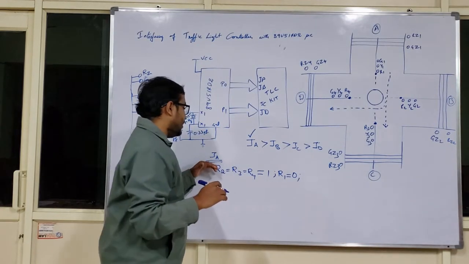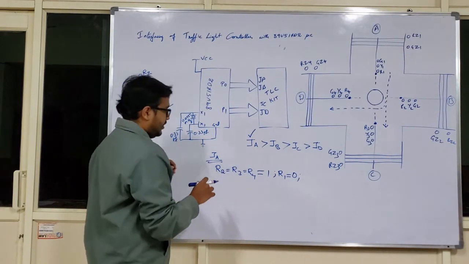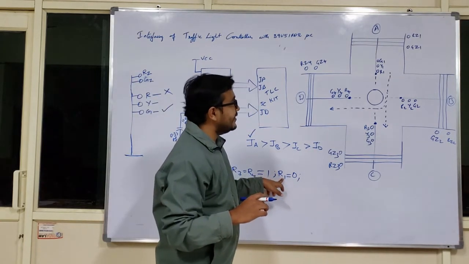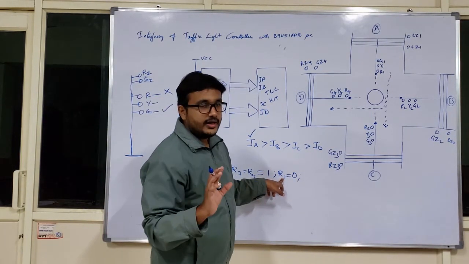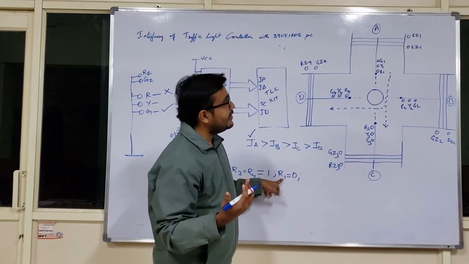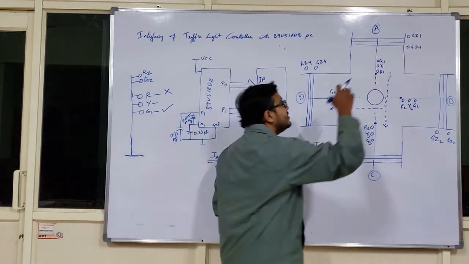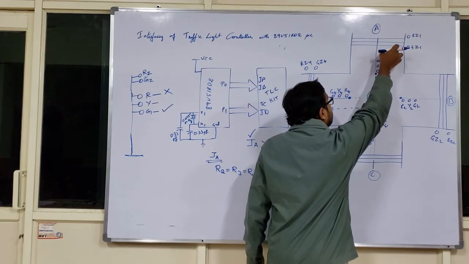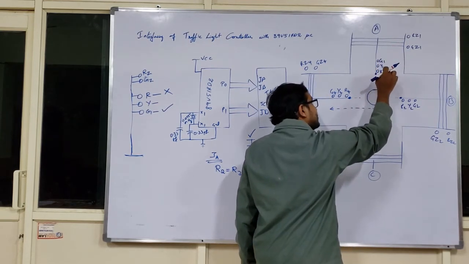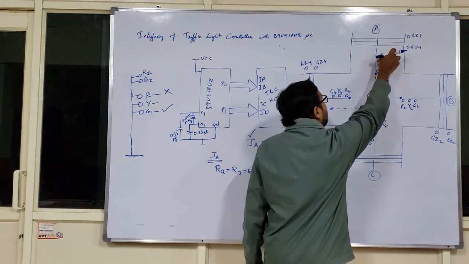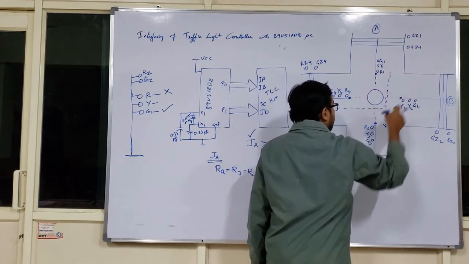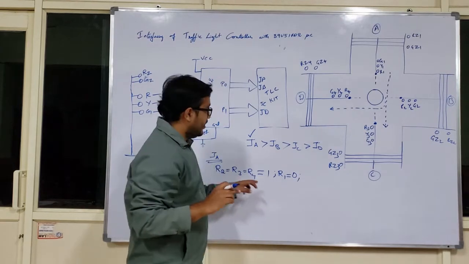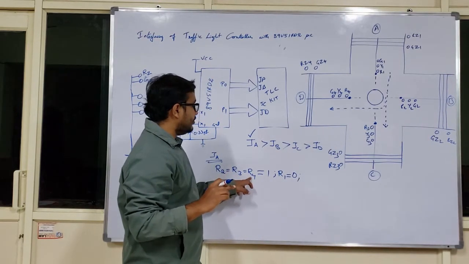So I am talking about junction A now. At junction A, I should not have the status of R1 as 1, because if the status of R1 is 1, it means the vehicles which have been waiting for a long period of time cannot move towards B road, C road or D road. That is why the red lamp is equal to 0 here, and the remaining R2, R3, R4 are equal to 1.